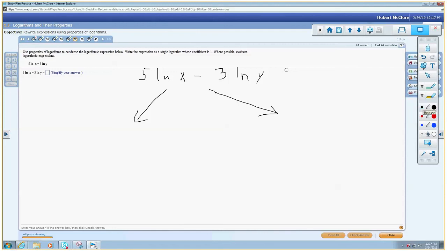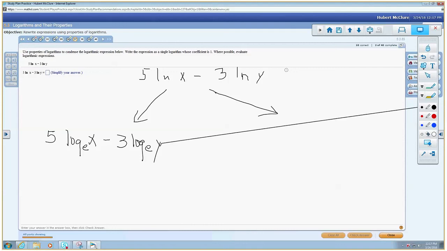So this would be 5 log base E of x minus 3 log base E of y. And that's